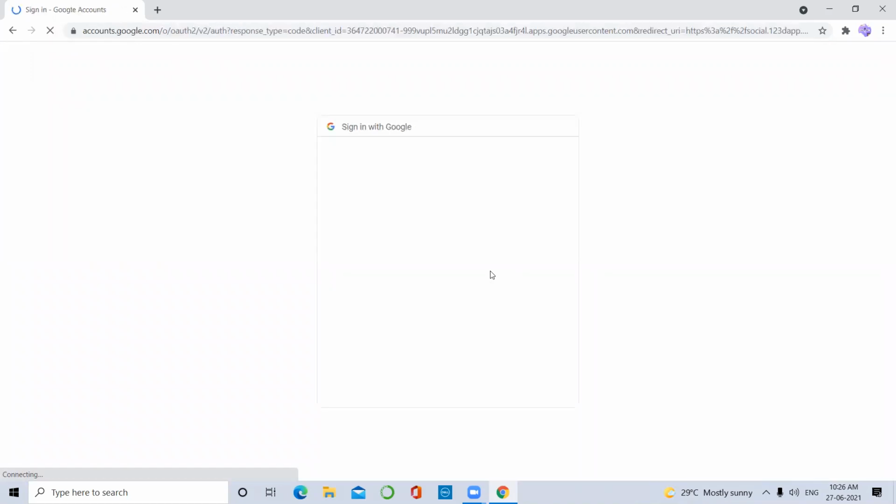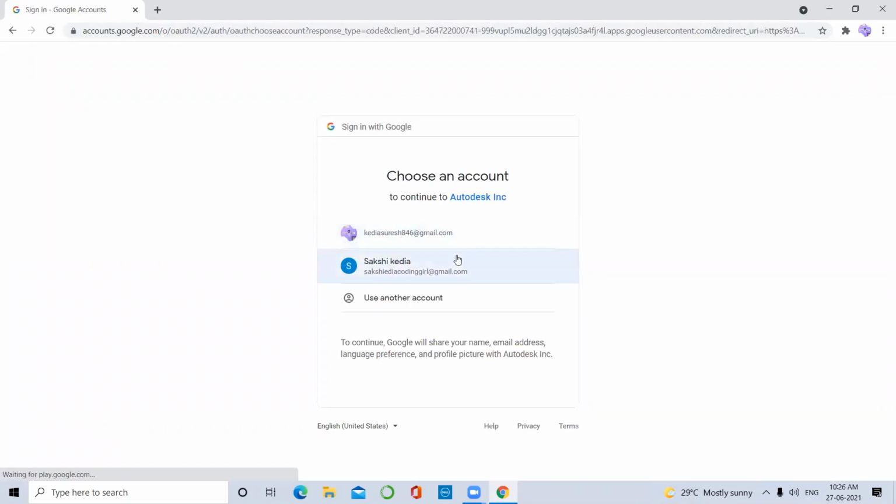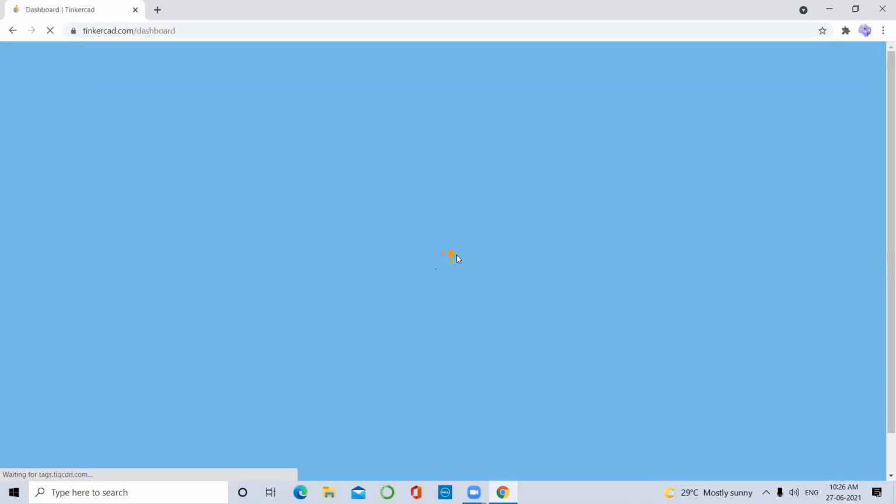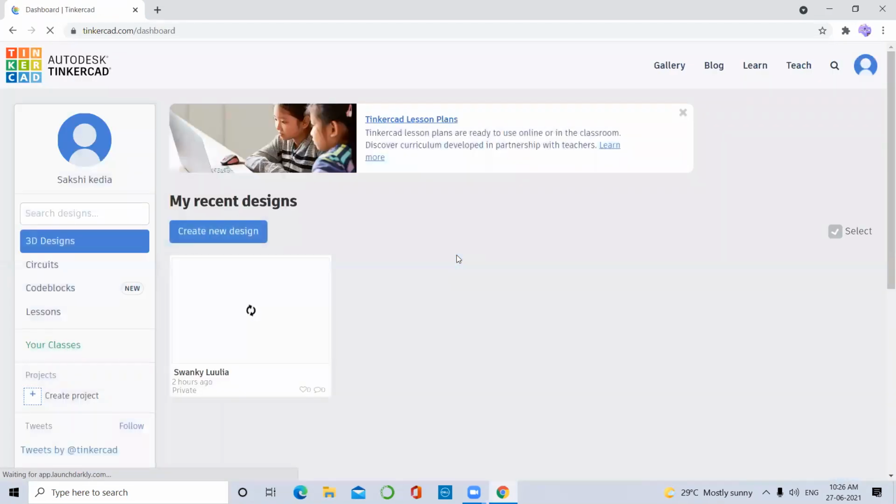Here I have chosen Google. Whatever Google accounts you have, it will show you, and you have to select one if you have more than one account. This type of thing will appear here, with your name or email.